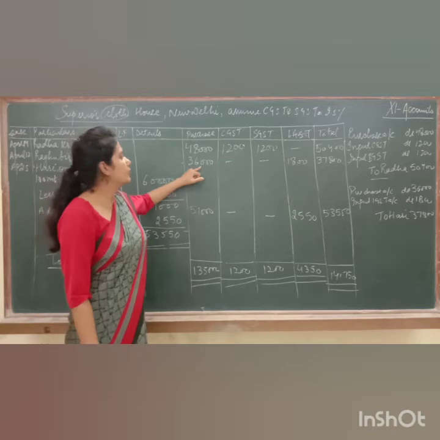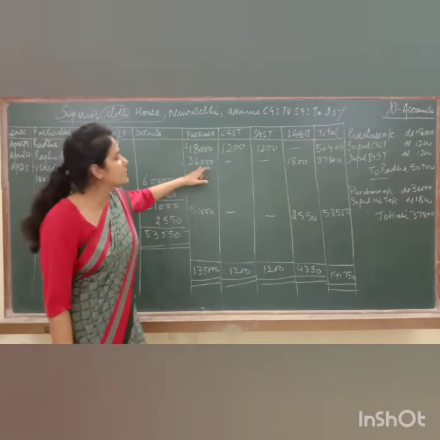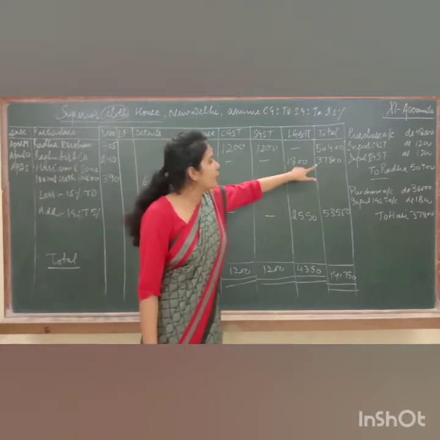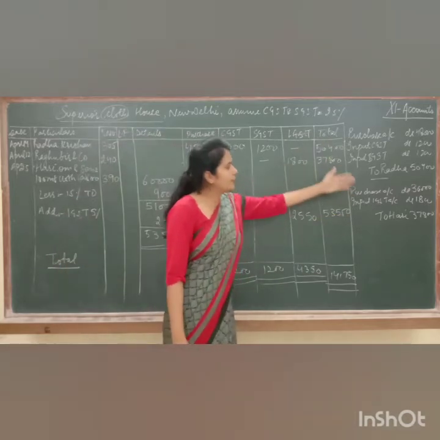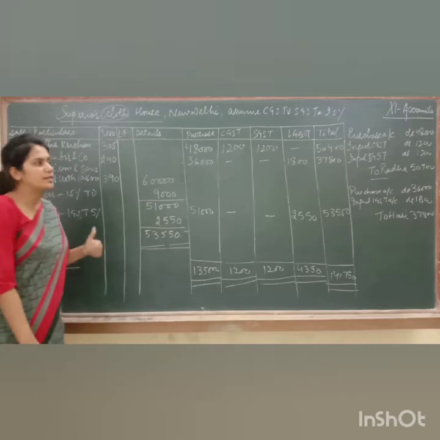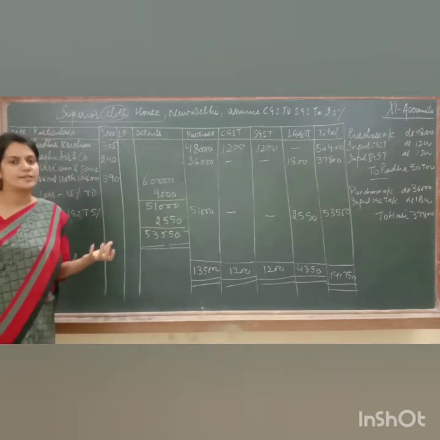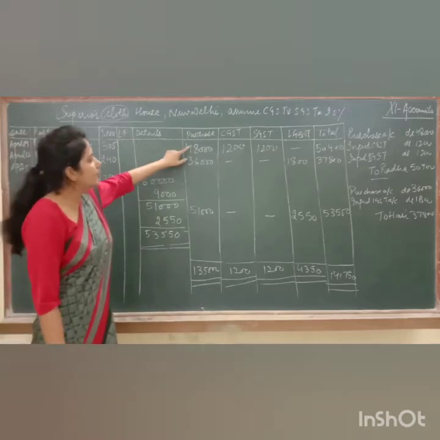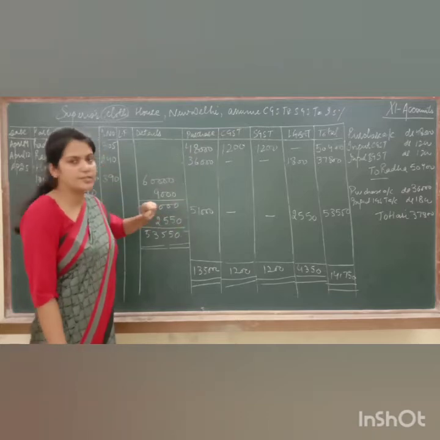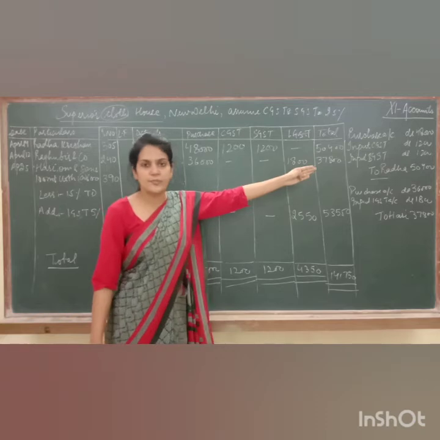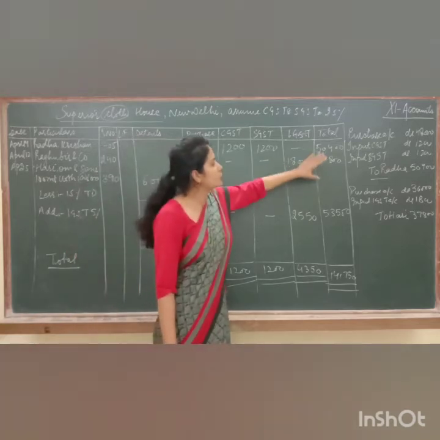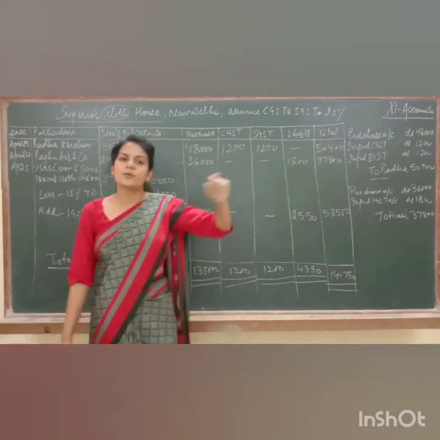Fine. So net amount of the goods purchased is 36,000. But after adding GST, now we have to pay 37,800 to Hariom. Please have a look at the entries how I have framed it. Purchase will be debited because it is an expense as you are going to buy the goods. So the amount of purchase you can take from this purchase column. If it is CGST and IGST, then you can take the amount from the respective columns. And here total shows the total amount due to the supplier.